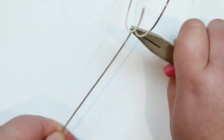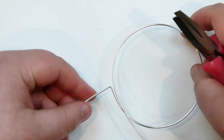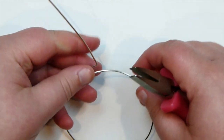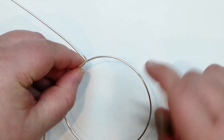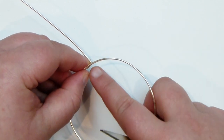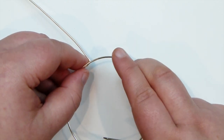And you can kind of straighten this out as much as possible. And that's one side, you have your end bend back there. And then on the other side, we want to do the same thing, where if you kind of lie them together where you want it to lie, so where this front wire now meets the back one where you bend it up,